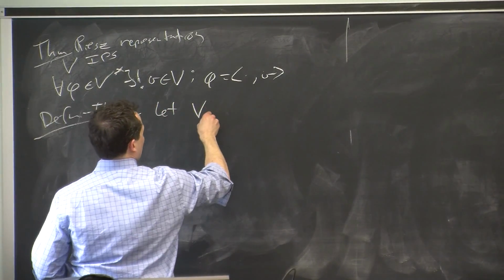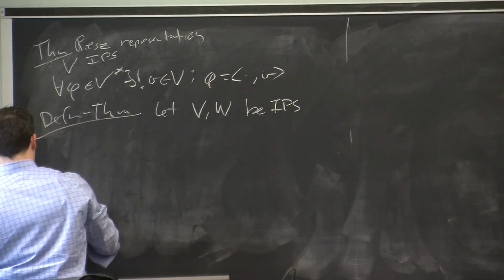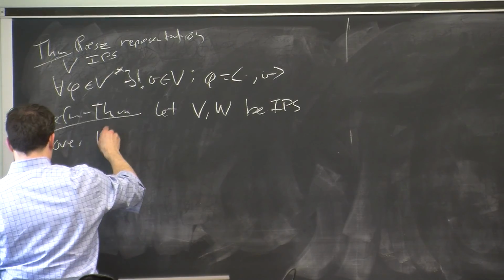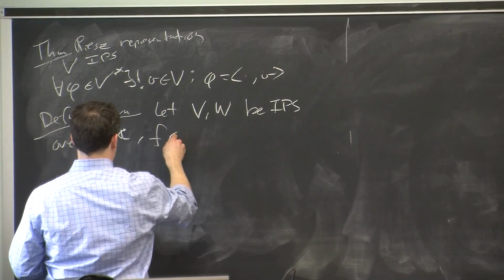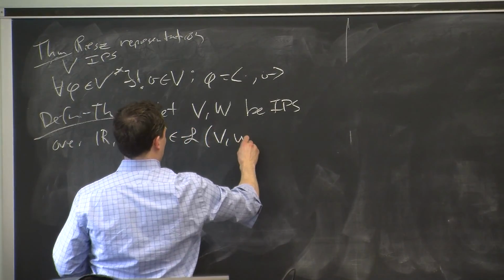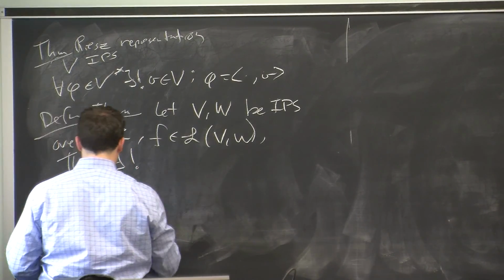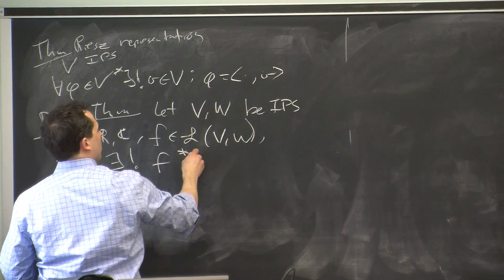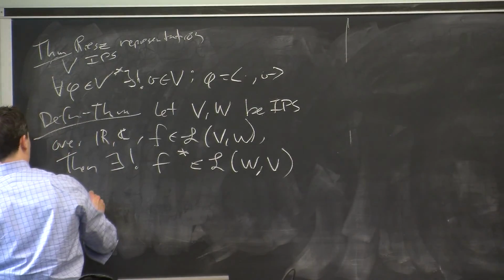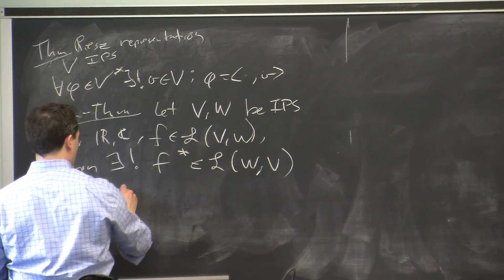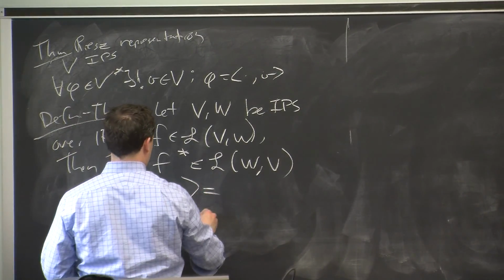That is, if I have two inner product spaces, and we're just considering them over R or C, and F is a linear map from V to W, then there exists a unique linear map we call F star, which goes in the opposite direction. And that map is called the adjoint, and it satisfies this adjoint equation,